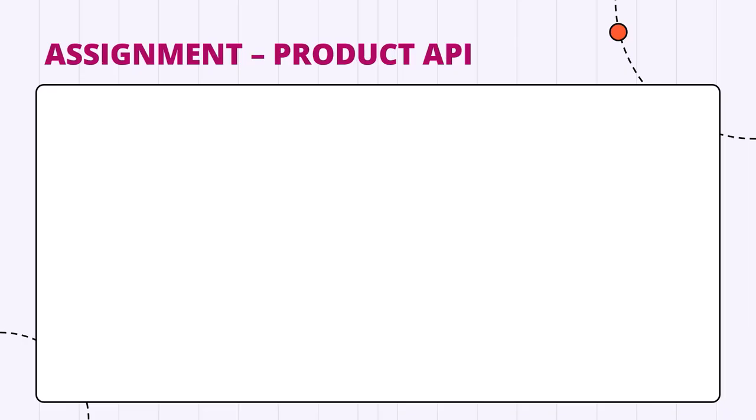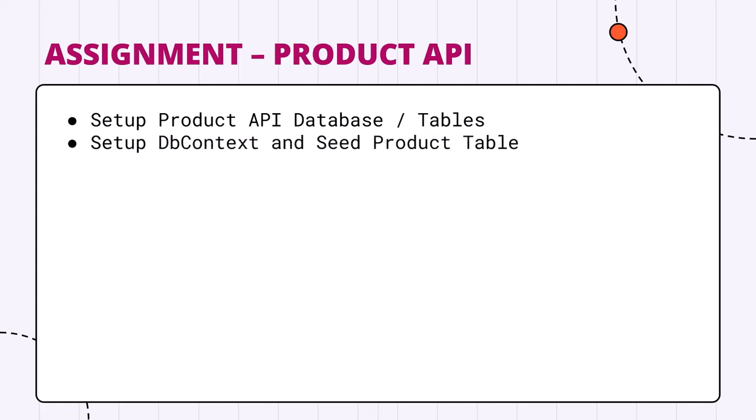It is time to practice the API and everything that we have learned so far. What I want you guys to create is set up the product API database and table. We created the product model and seeded the data, but we have not added the connection string or created that database. So you need to create the database and populate the table using the apply migration in program.cs. For that you will add the DB context, and we already have the code to seed our product table